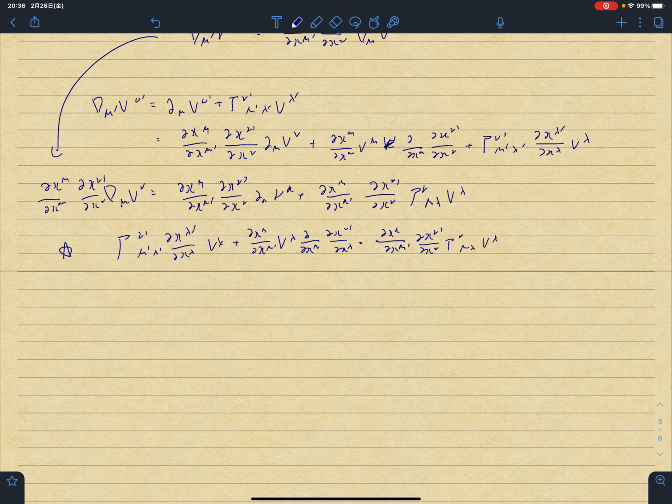So now we get the transformation rule of gamma, the Christoffel symbol. This equation must be true for any vector, so we can omit v on both sides, and the gamma in the primed coordinates may be isolated by multiplying by delta x over delta x. The result,